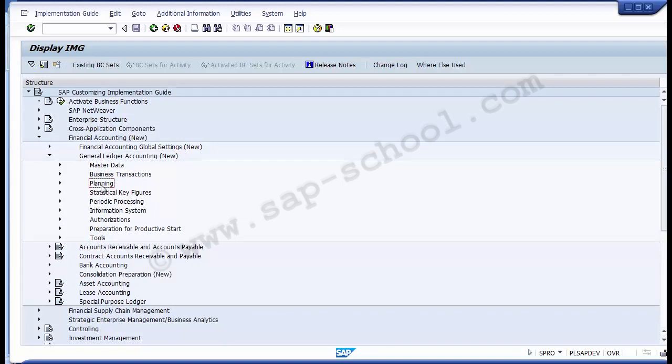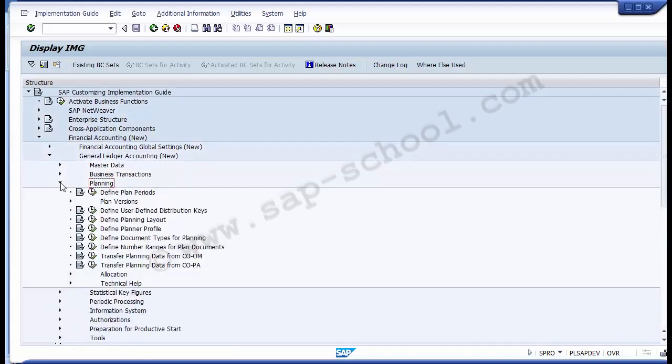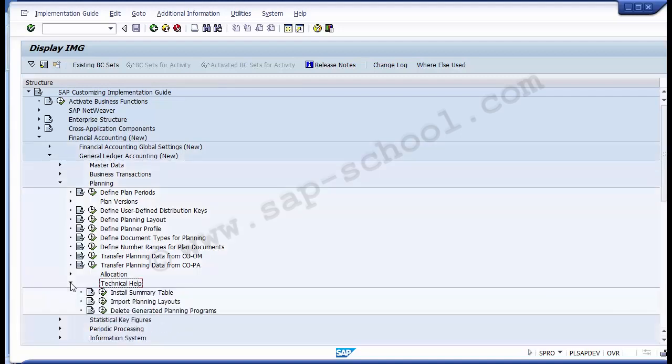Now expand the planning part. So once you expand the planning part, now below you will find over here is the technical help. Within planning, the last option coming up to you is the technical help. So you need to expand the technical help part, and there you find the first step, that is install summary